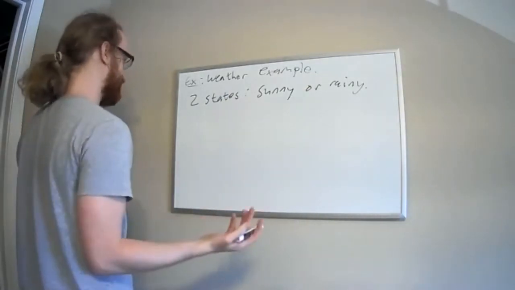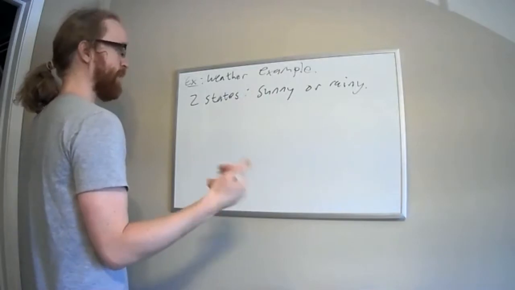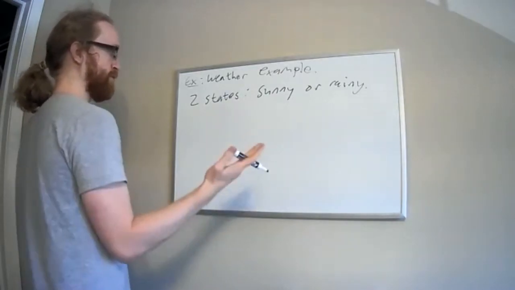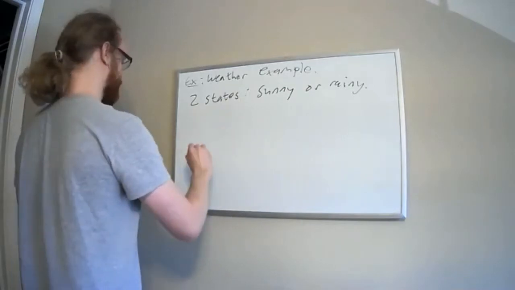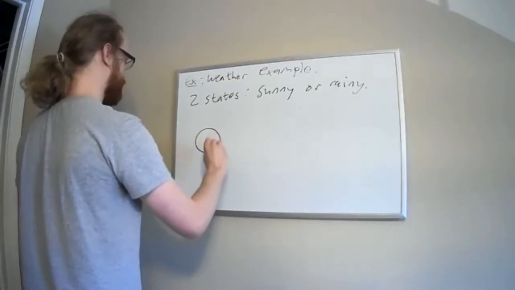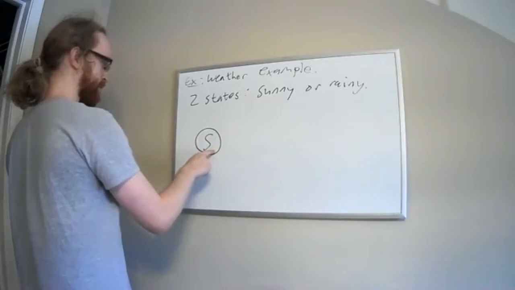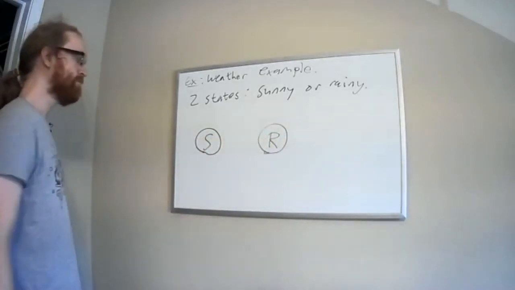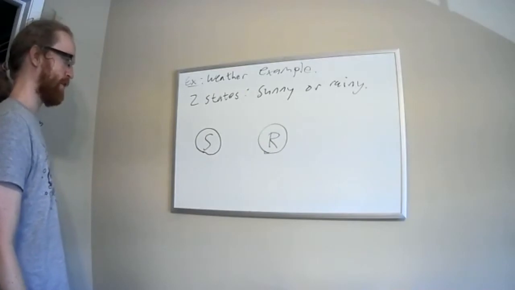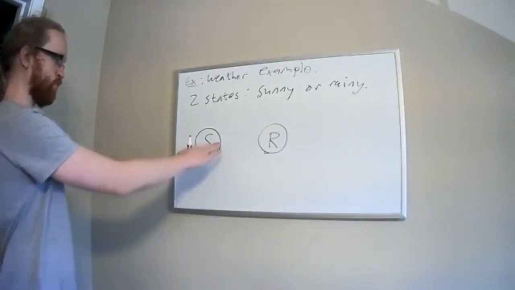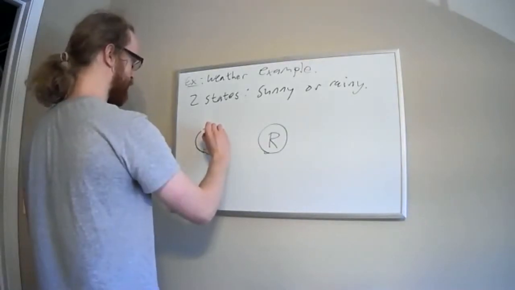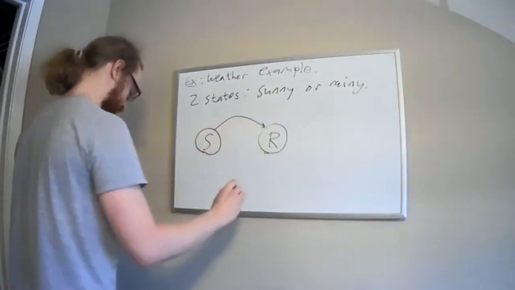So I introduced transition diagrams yesterday. And this is like a diagrammatic way of representing a Markov chain. And so in this example, it was like this. So, to refresh our memories, I have two circles. I have sunny and I have rainy. And then I draw arrows from one to the other, and I label them with the probabilities of transitioning from one to the other. So if we remember from yesterday, the probability of going from a sunny day to a rainy day was